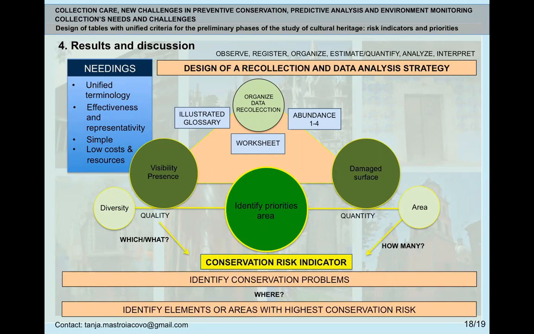The organization of the data recollection, thanks to the contribution of illustrated glossaries and statistical science, has allowed us to identify areas and pieces with higher conservational risk, thanks to the generation of a specific indicator, which we define here as the conservational risk indicator. The use of an abundance matrix inspired by those employed in the field of ecology has